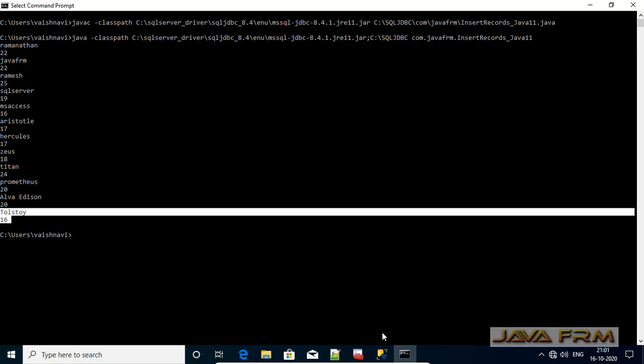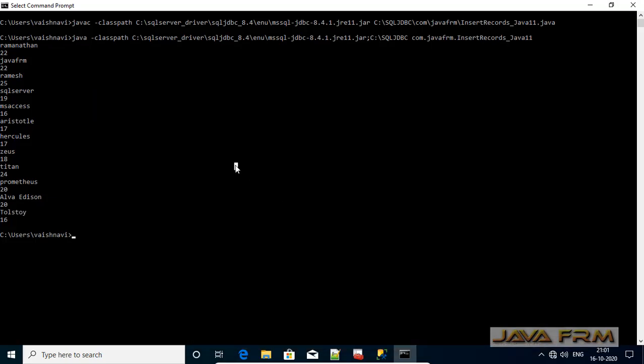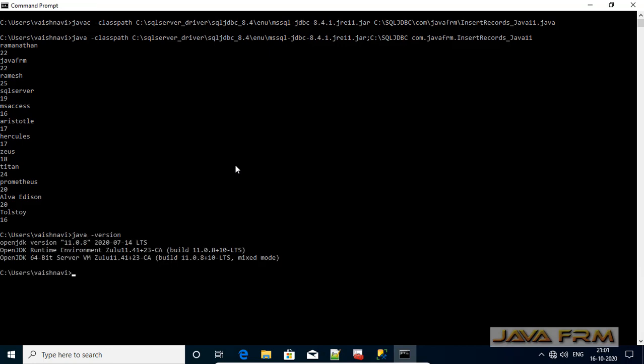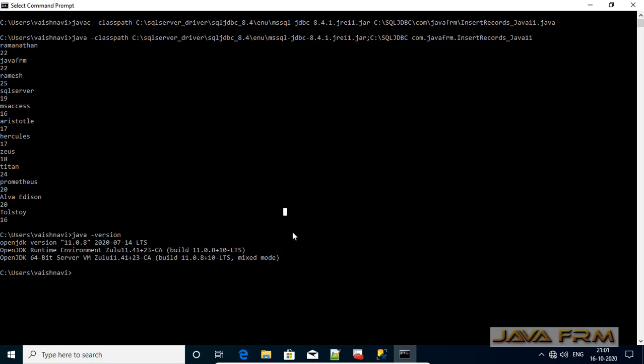Let me verify in Management Studio also. Let me refresh the query. Yes, it's successful. You can see that the new record got inserted. So Microsoft SQL Server 2019 Express Edition JDBC connectivity using Azure Systems Zulu OpenJDK 11 is successful with the help of the Microsoft JDBC driver for Java 11.